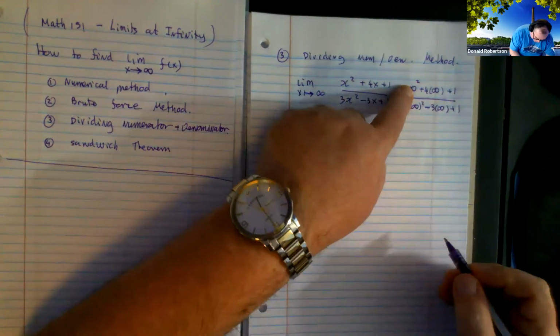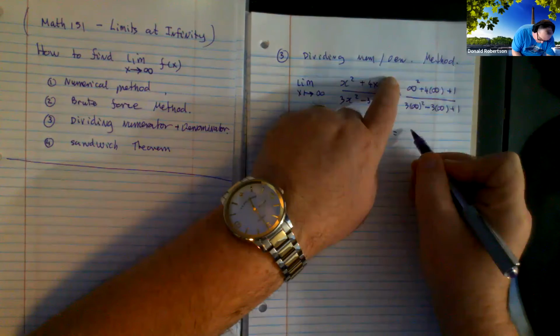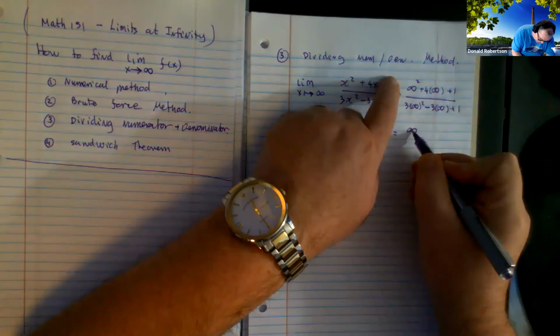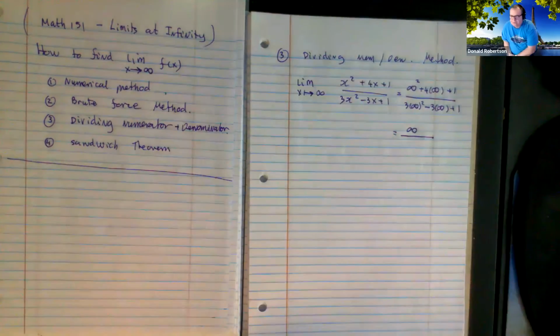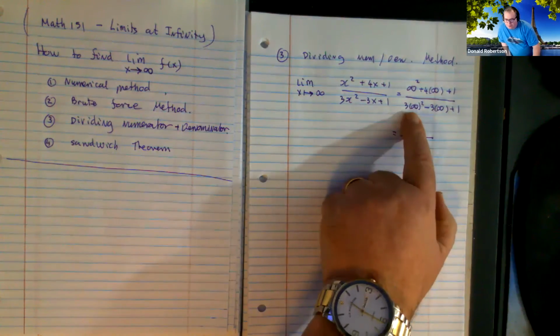Right, infinity squared is infinite, 4 infinities is infinite, and 1 added to it. Would you agree that the top ends up being plus infinity? Infinity squared, add 4 more infinities, then add a 1. Isn't it just infinitely big? Positive, infinitely big. Now, if you do the bottom,